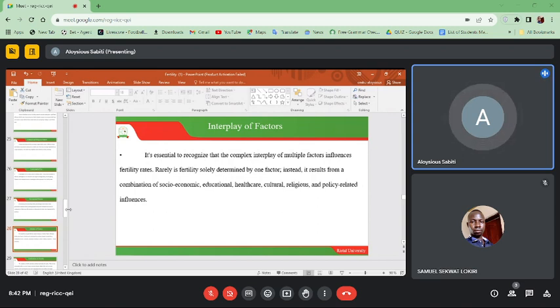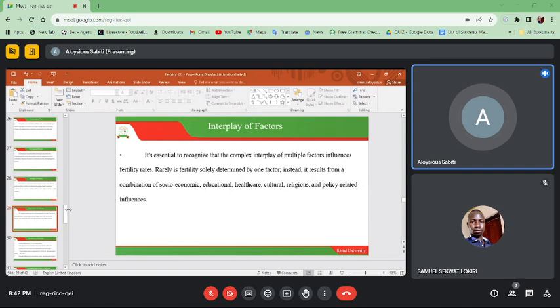The ideal is that these are all interplaying factors. When you're looking at someone's cultural background, he may be very educated, but he may be influenced by the cultural norms, by the cultural values that he believes in, regardless of his religious background. So the interplays may be both, and these continuously will influence